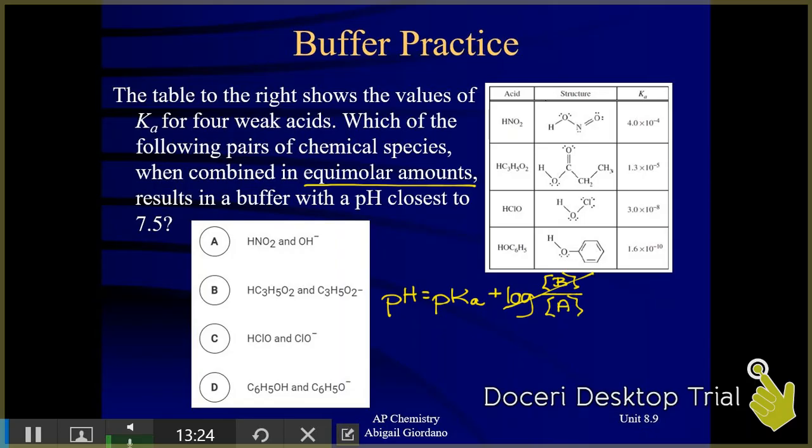Now, let's imagine this is a multiple choice question. You don't have a calculator. So you're looking at this column, which has Kas, and let's practice those estimating skills. When you take the negative log of a number in scientific notation, like this one, 4.0 times 10 to the negative 4th, remember, the pKa of a Ka like that is going to be close to the exponent. The exponent is 4. Since the first term in that scientific notation is greater than 1.0,